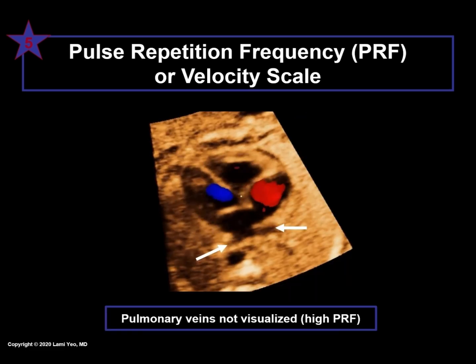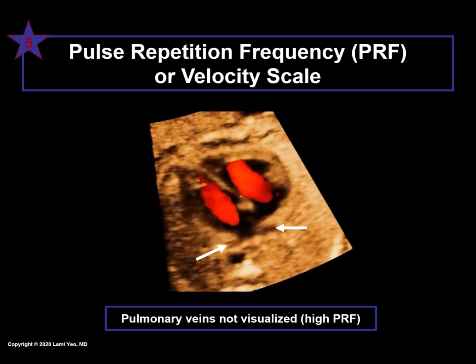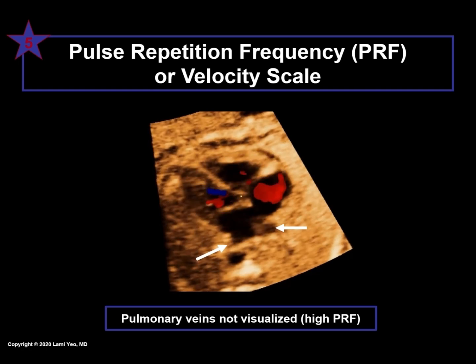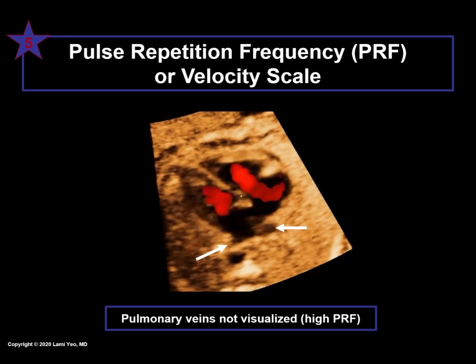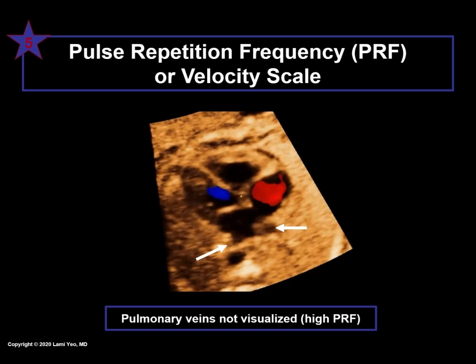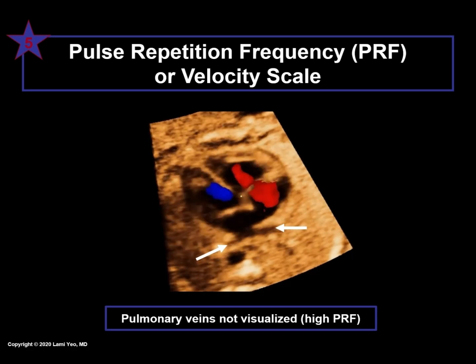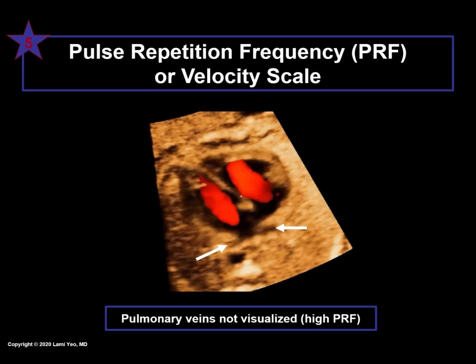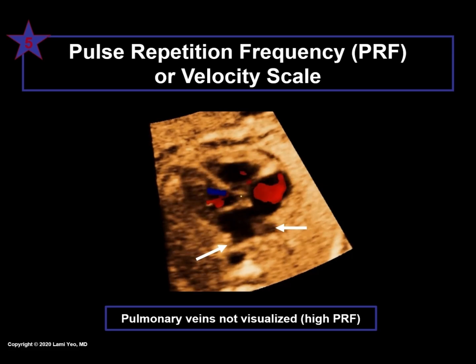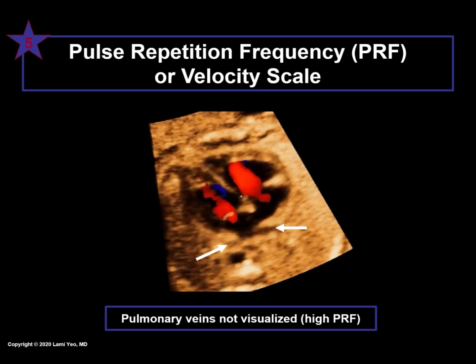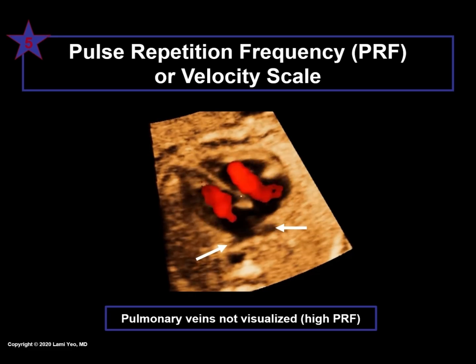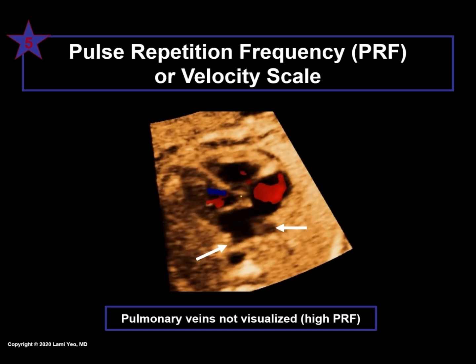Here is an example of this concept. In this 4-chamber view, the goal is to image the pulmonary veins using color Doppler. Since there is low velocity flow in these veins, the PRF should be set low. However, in this fetus, the velocity scale or PRF has been set too high. Therefore, although color flow through the mitral and tricuspid valves is seen, low velocity color flow through the pulmonary veins is not captured. The solution is to decrease the